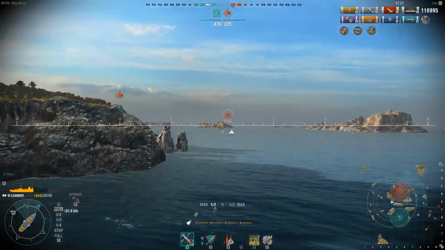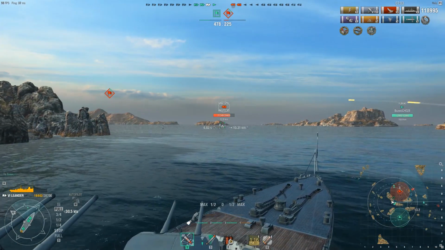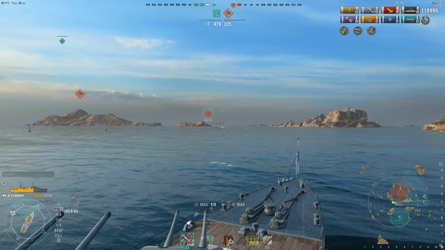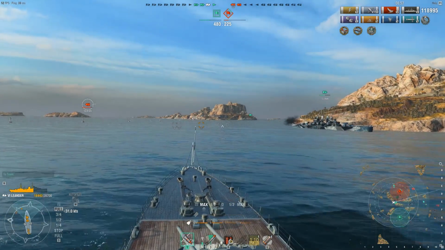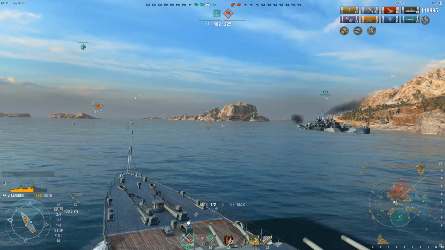Enemy Graf Spee is sighted behind the island, and the Cleveland opens fire. We need to regroup and form a bulk of force to overwhelm them and to prevent them from picking us off one by one. I'm sending in to be able to set up a smoke where I'll have good shots